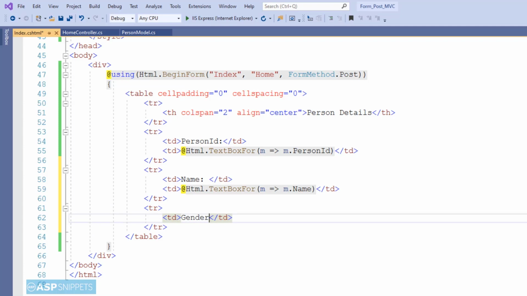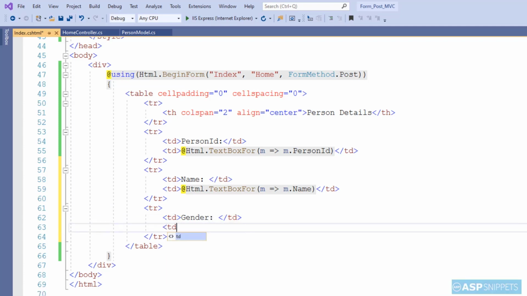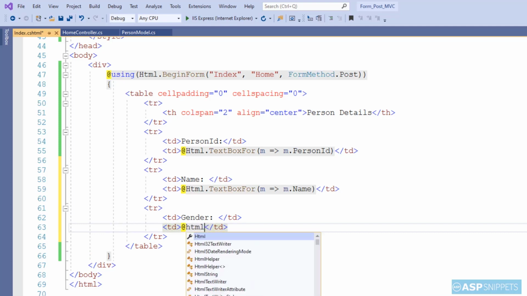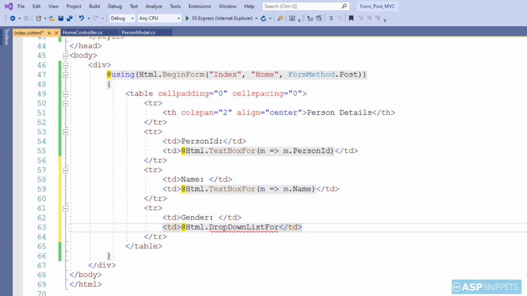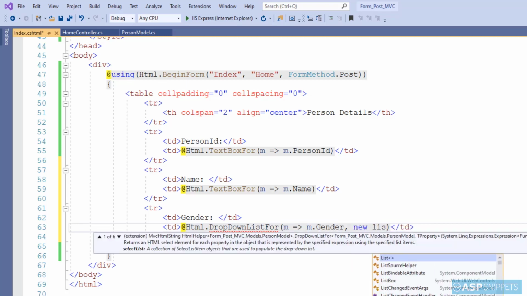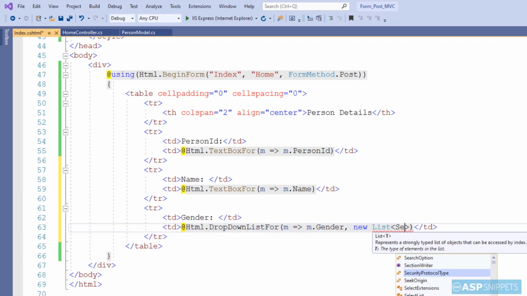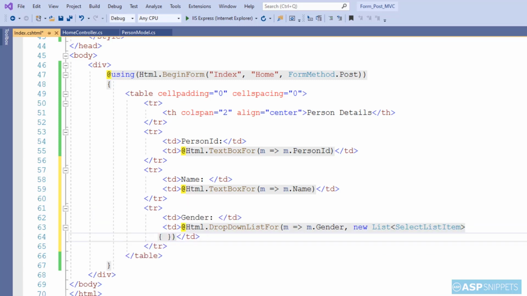Now for the third field, Gender, I'll be making use of a drop-down list field, and hence I'll be making use of the DropDownListFor method of the HTML helper class. Here, in a similar way like the TextBoxFor function, I'll have to bind the property and then I'll have to add the list items of the drop-down list. For adding the list items, I'll be making use of a generic list collection. As you can see, I have created a generic list of the SelectListItem class, and in that I am adding two objects.